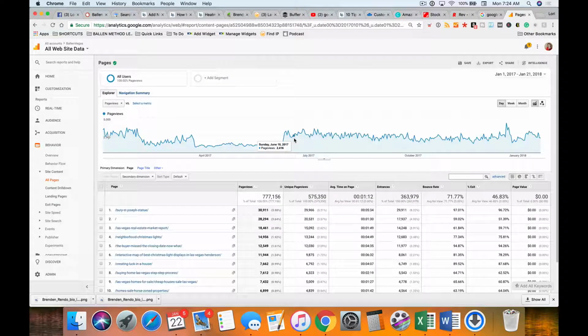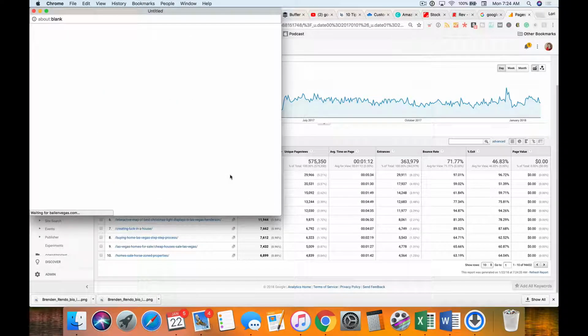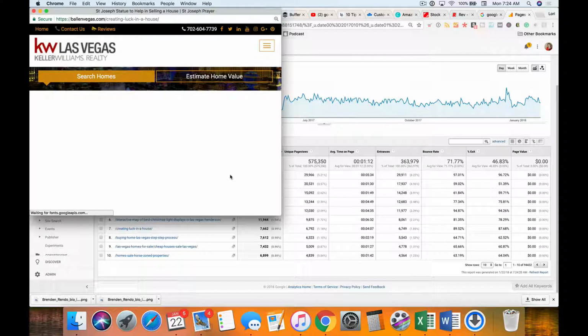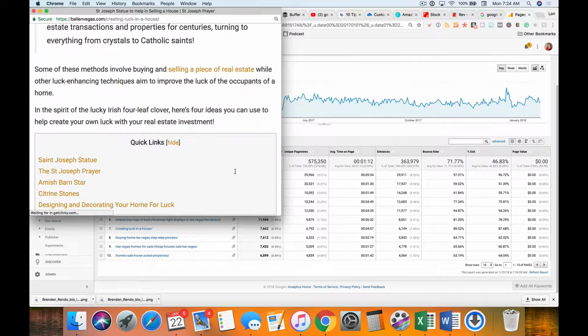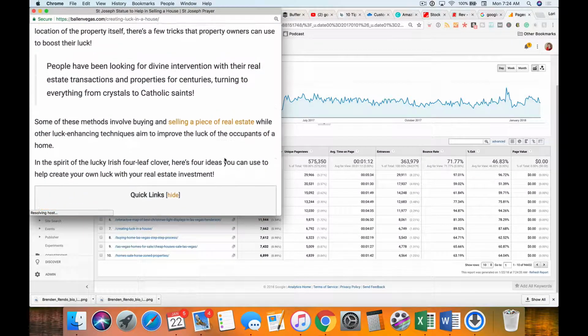And then what I'll be able to do is look here by page views, and I can see, okay, my how to bury a St. Joseph statue was number one. And then I can click on this little box here and it'll open the page and it'll show me what that page is and what it has on there. And then I can go in and optimize it and say,